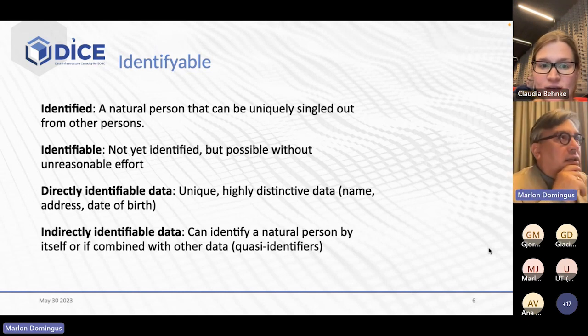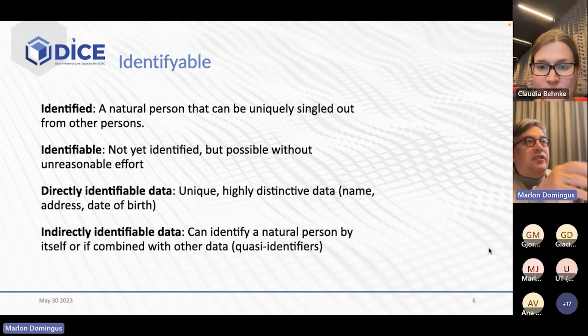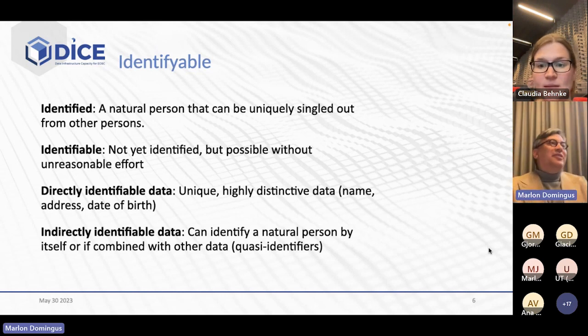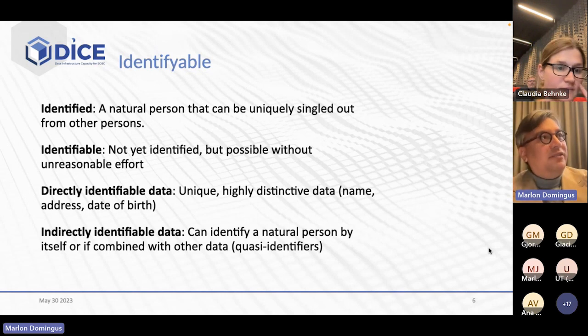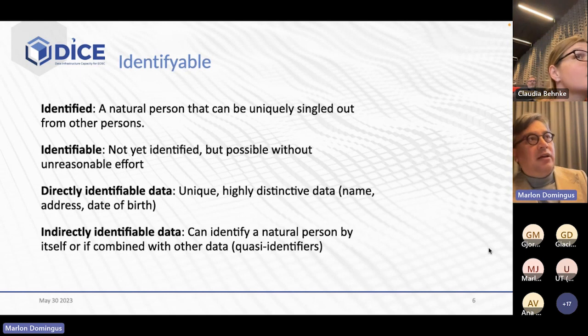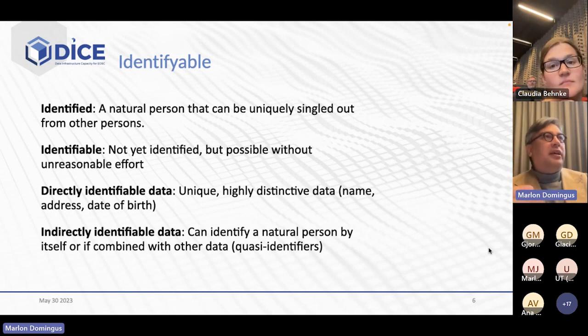Sorry. How many columns are there in your data? Only a row with license plate? Yeah, just say you see a car on the street and you see the license plate. Is that personal data? You would think no, but the answer is that it is personal data, because there is a database, indirectly, that most people think is not accessible to you, right? So this is some database that no one has access to. But because of the way we have open data sources and we have a lot of personal data on Facebook and all that stuff,